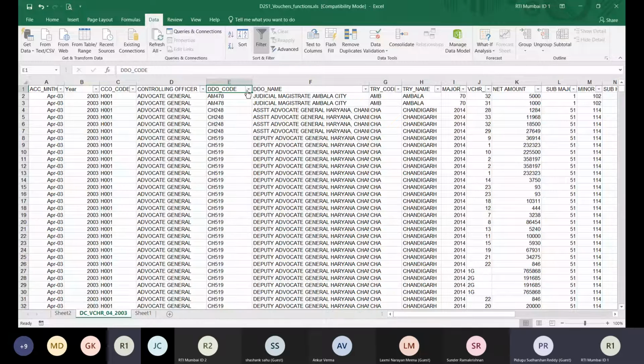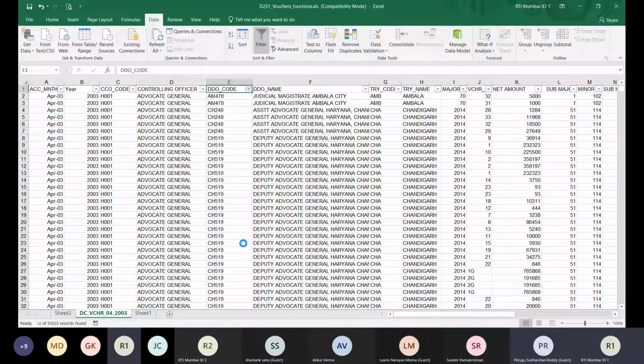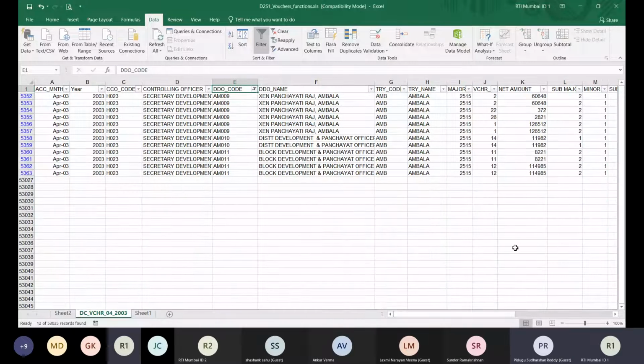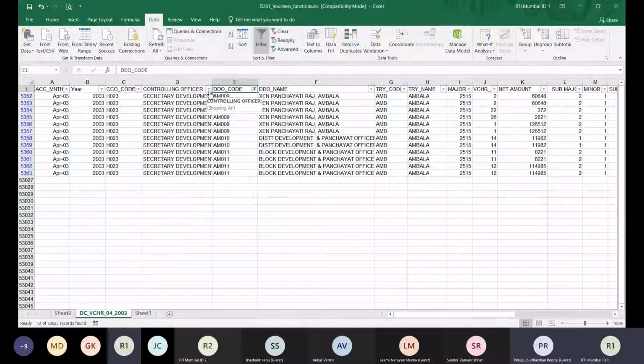ये कॉलम के डाटा के बेस पे विजिबल रोज आपको दिखेंगे। समझो मैं यहाँ पे सभी वैल्यू को निकाल देता हूँ और खाली AM009 10 और 11 करता हूँ तो ये खाली 3 हैं, 9, 10, 11 का डाटा मुझे दिखेगा, सभी फील्ड दिखेंगे, लेकिन खाली ये 3 वैल्यू जो मैंने सिलेक्ट किया है। जैसे ही आप कुछ सिलेक्ट करेंगे फिल्टर में तभी आप देखेंगे यहाँ पे एक सिलेक्शन का मार्क आ जाता है कि आपने यहाँ पे कुछ सिलेक्ट किया है, ये फिल्टर को यूज किया है, बाकी फिल्टर में वो मार्क नहीं है।